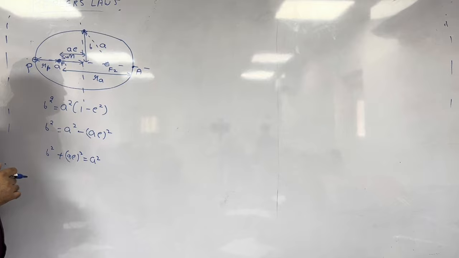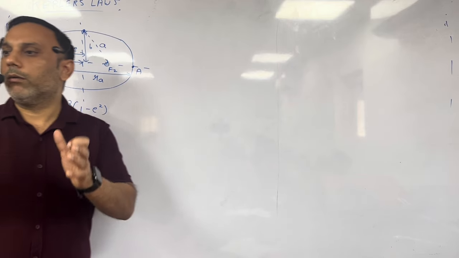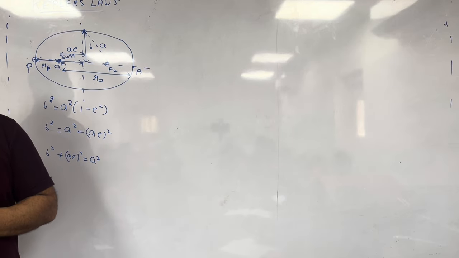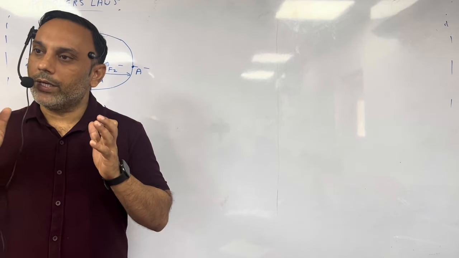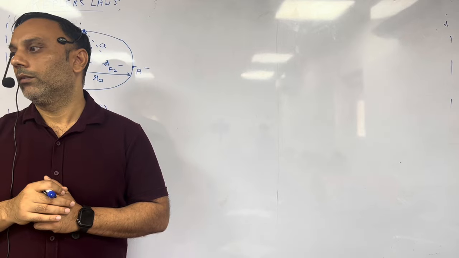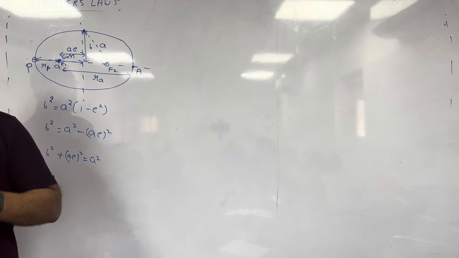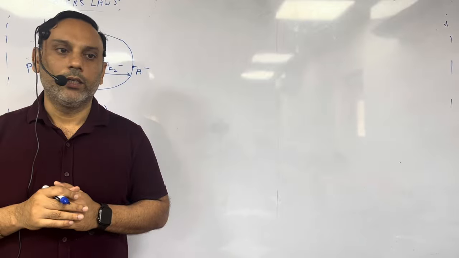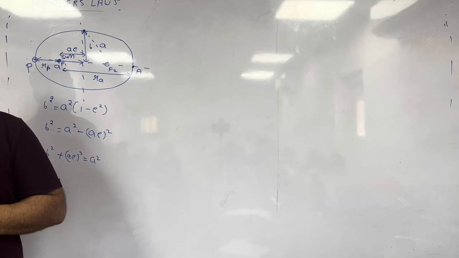First of all, as I discussed yesterday also, what about the linear momentum of the planet? It is not conserved. And what about angular momentum about the sun? That is conserved. What about work done by the gravitational force on a planet in one complete revolution? Zero, right? Because gravitational force is a conservative force. It is also a state function, so it only depends on initial and final position. It does not depend on path.